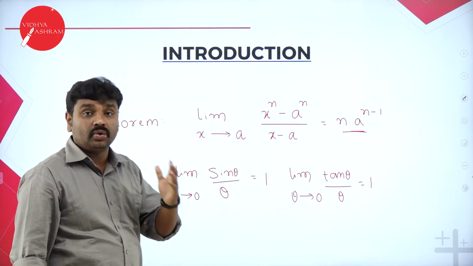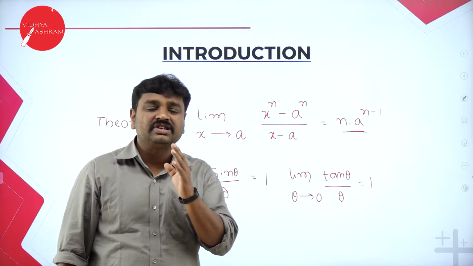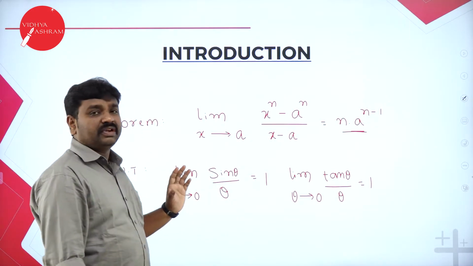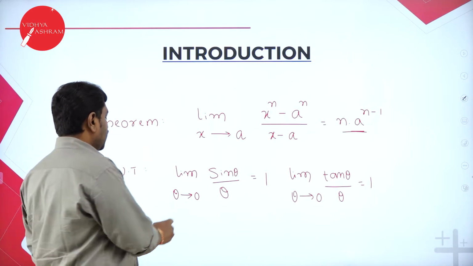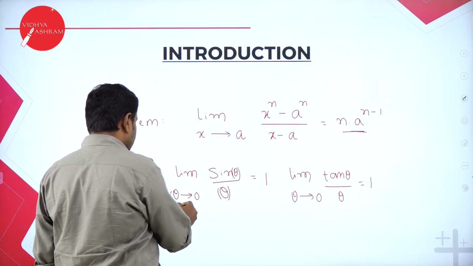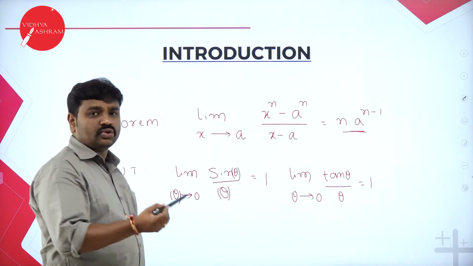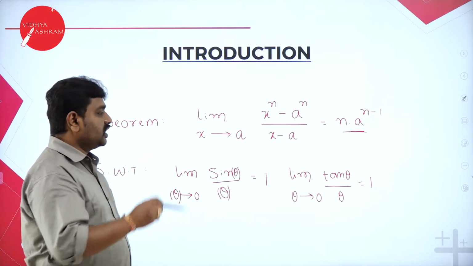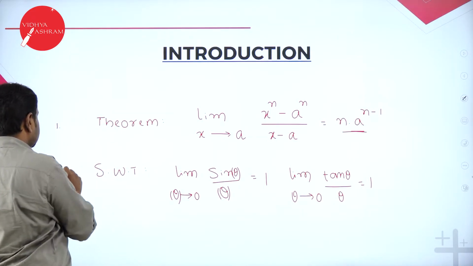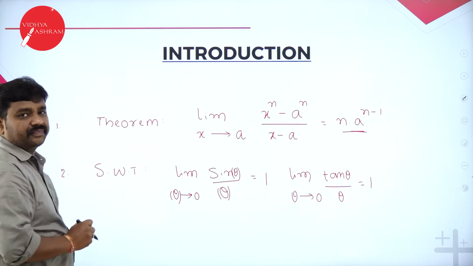Here in the place of theta, if you put 0, it will become sin 0 by 0, it will be 0 by 0. You know, I taught you in my last class, 0 by 0 is mathematically indeterminate. We should never get that. So what you should do, you have to simplify. Instead of that, we can use this formula. Theta tends to 0 means inside sine and denominator, all three should be same. Limit x tends to 0, sin x by x is 1. Limit x tends to 0, tan x by x is also 1. So we'll make use of these two theorems wherever necessary.